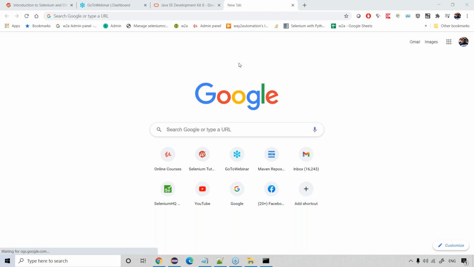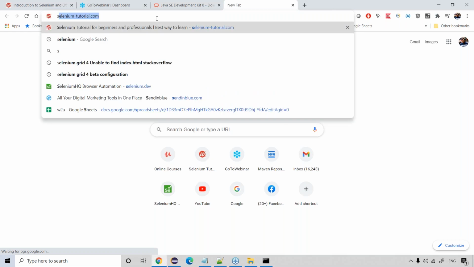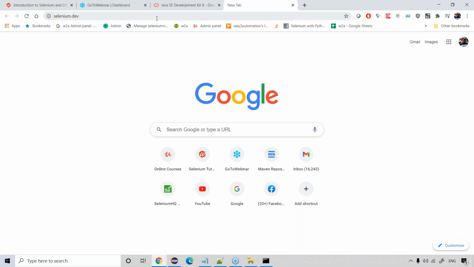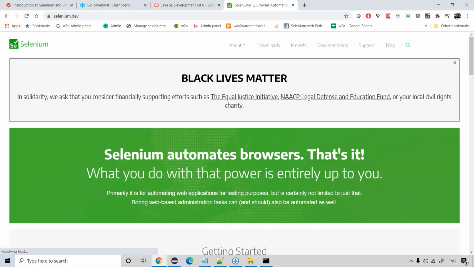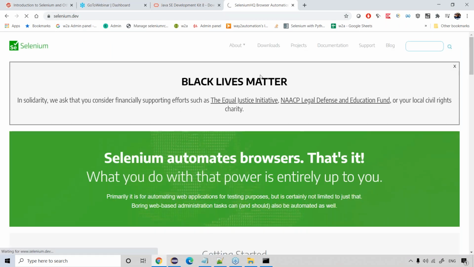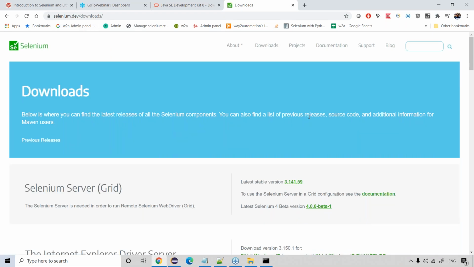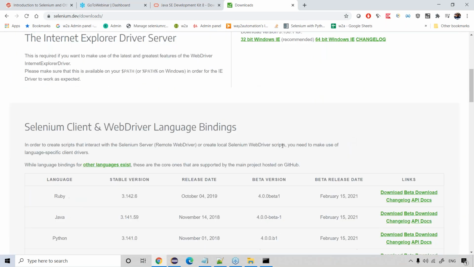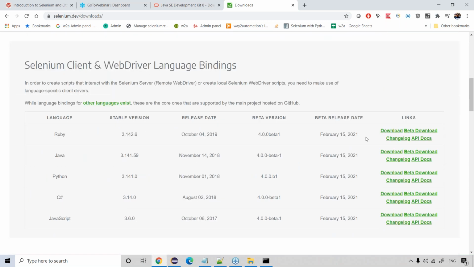For every Java project, you're going to find a Java document. It's not something like a Word document or a PowerPoint document. A Java document looks something like this. If I go to Selenium Dev, these days, if you are searching for the Java docs from Selenium Dev, they have recently uploaded a very latest Java document in which you might not find the old classes, even some of the WebDriver classes. This is the location of the API document. This is your API document. If you click on this,